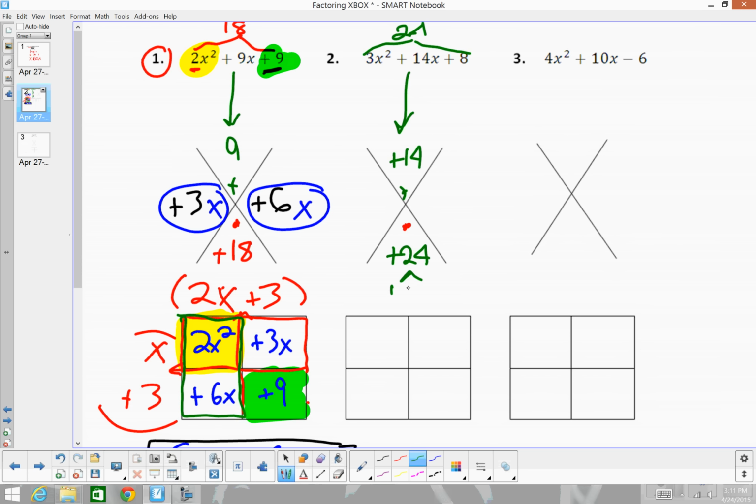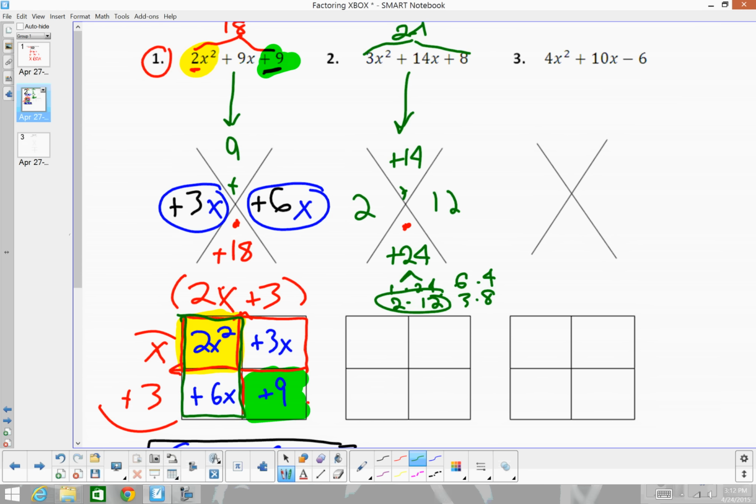Well, it's 1 times 24, 2 times 12. Then I have 6 times 4. Oh, I forgot 1, 3, and 8. Okay, good. Now, how can I create a 14 from any of these? 1 plus 24. No. 2 and 12 make 14. 6 and 4 make 10. 3 and 8 make 11. No. So 2 and 12 would be my